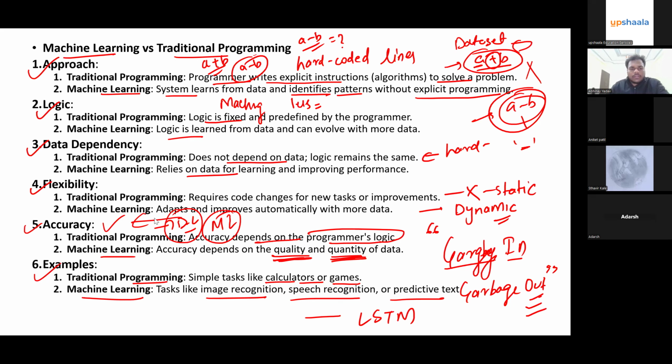But Abhinay, I can supply a large amount of data to machine learning also, right? Yes, definitely you can supply it. But the major drawback in machine learning is that when you give a large amount of data, it will take a lot of time to train the model. And as I told you in the last class, the feature extraction will be much more complex for you.